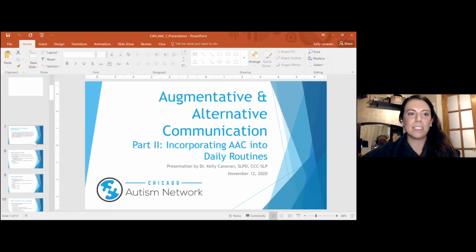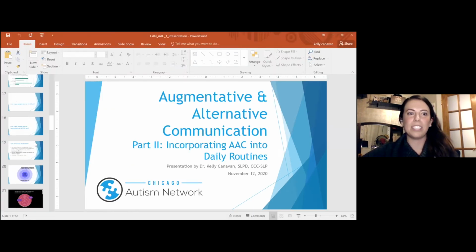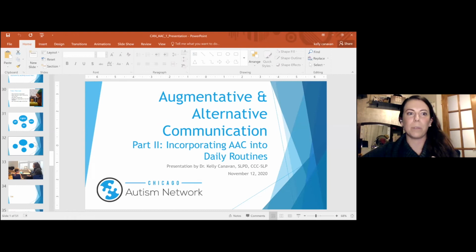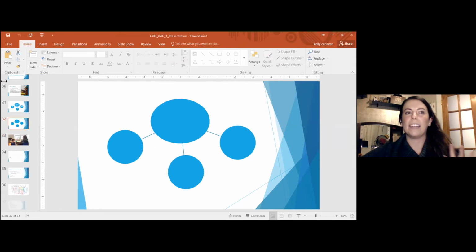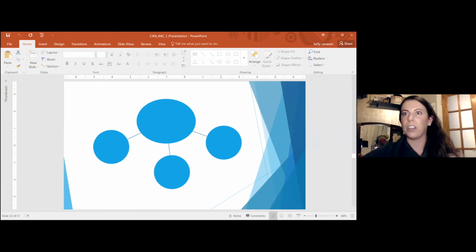So here's my first challenge for you guys. And I saw that there are a few things in the chat, but what I want to do first is I want to think of an activity, or someone give me an activity that you find would be challenging, or you would like to come up with 3 words that we can use for the use on an AAC device.